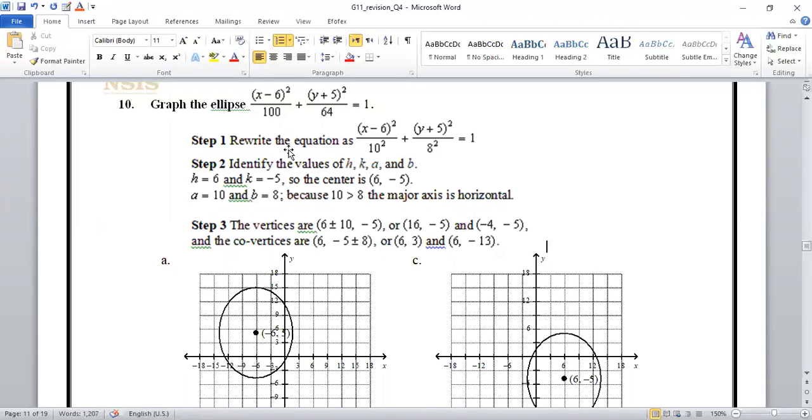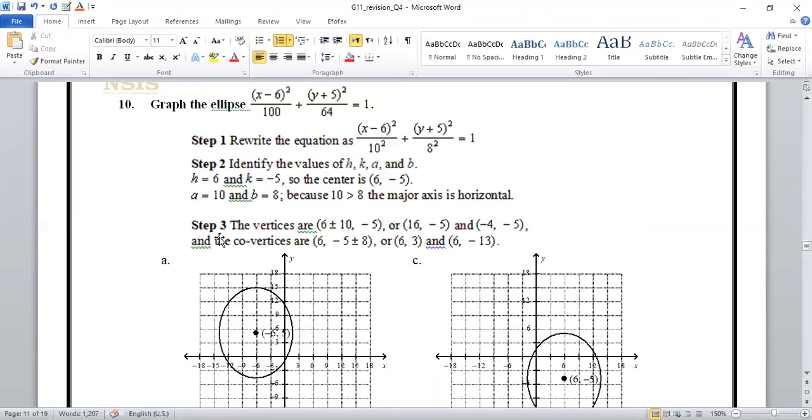Let's see. Rewrite the equation as (x minus 6) all square over 10 square plus (y plus 5) all square over 8 square equal 1. From the equation, the center is 6 and negative 5. A is 10, B is 8, because A is greater than B. The major axis is horizontal. Then number 3, the vertices are horizontal. So the vertices and foci